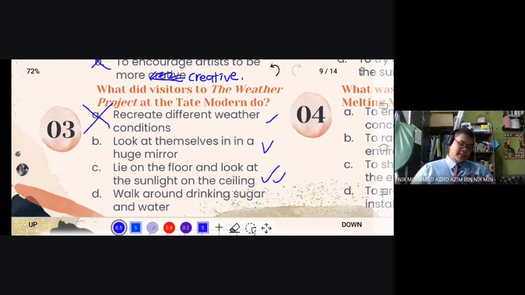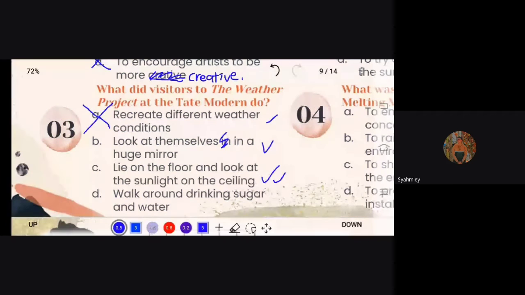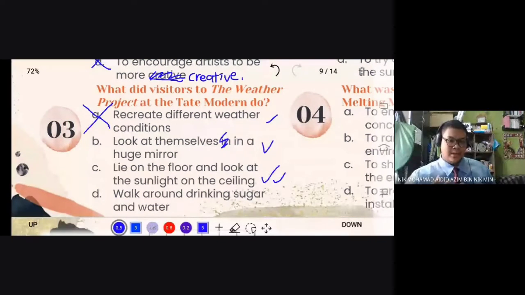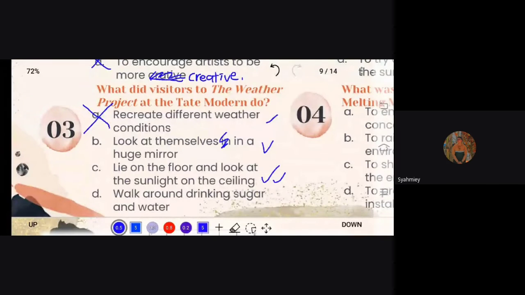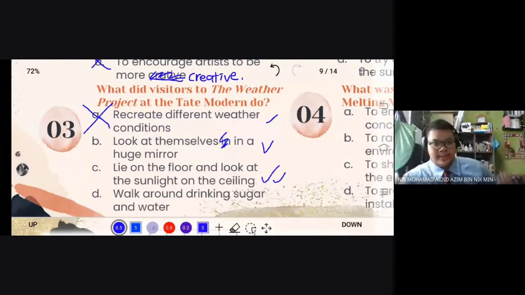Okay, B. Look at themselves in a huge mirror. Do you think this is the answer? No. I think yes, sir. So you're not sure. Okay, let's skip B. Alright, let's see D. No one answered D. Walk around drinking sugar and water. Is there any people walking around drinking sugar and water in the picture?